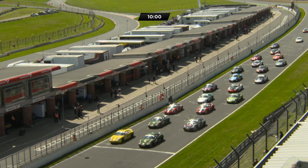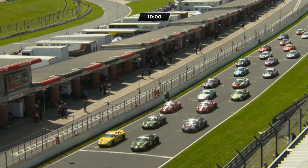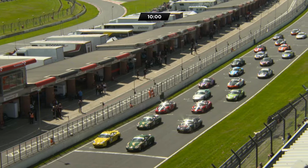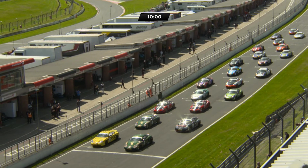And we've got that car missing, of course, where we've got Shiraz Khan absent from the grid but ready to go in the pit lane, and he was not allowed out onto the formation lap, so he's not latched himself onto the back. He'll have to wait until all the pack passes before he can get things underway. So let's have another go at getting round 3 of the 2023 Porsche Club Championship with Pirelli underway here at